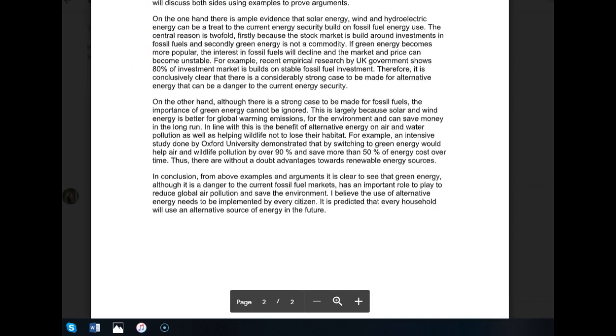On the one hand, there is ample evidence that solar energy, wind, and hydroelectric energy can be a threat to the current energy security built on fossil fuel energy use. The central reason is twofold. Firstly, because the stock market is built around investments in fossil fuels, and secondly, green energy is not a commodity. If green energy becomes more popular, the interest in fossil fuels will decline and the market and